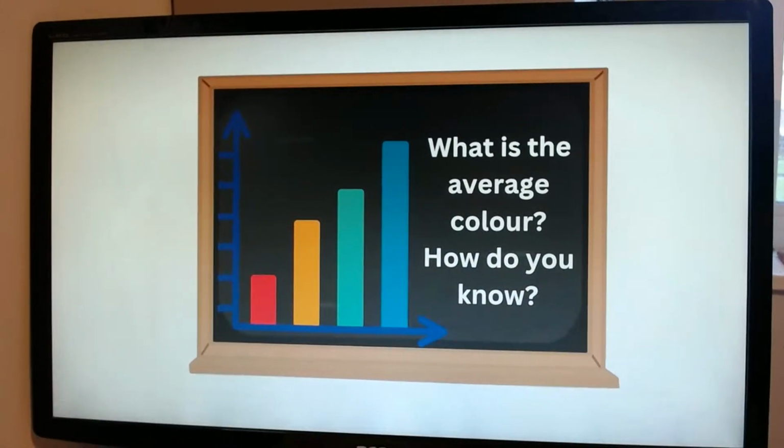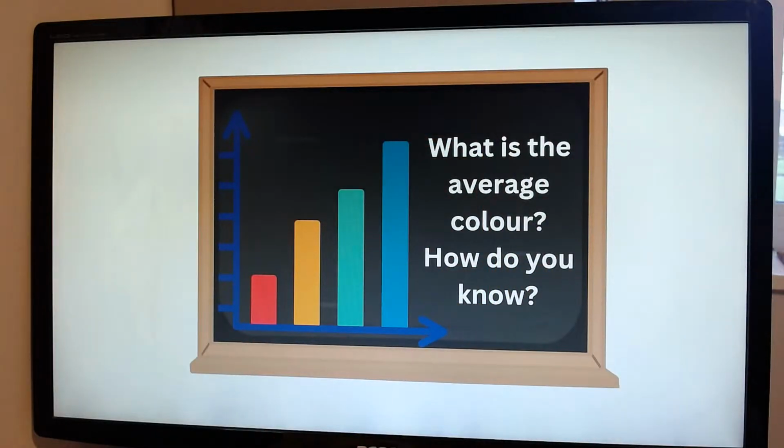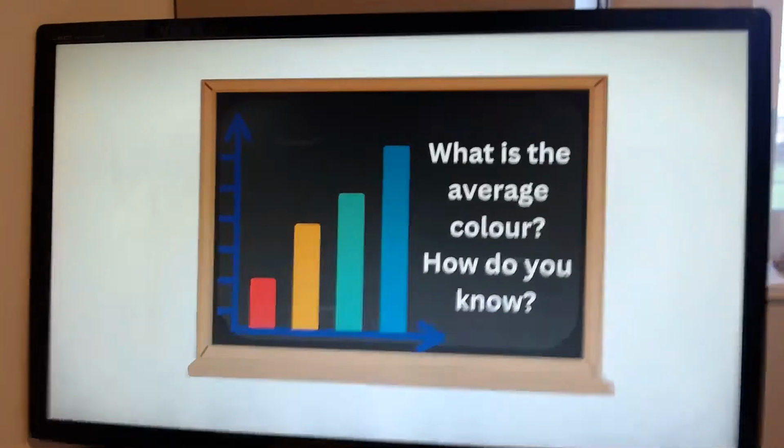I'm going to hold you in suspense about what the answer is. Okay, so here, this was the graph. And I said, what is the average colour and how do you know? Some people said blue. Some people said there isn't an average and you can't take an average here. Now, the thing about averages,